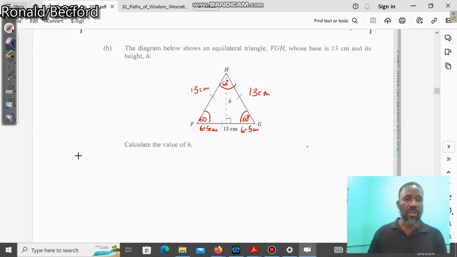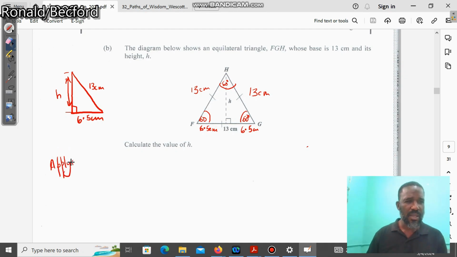Now, we realize that we have a right angle triangle. That side is equal to 13 centimeters. This side is equal to 6.5 centimeters. And so therefore, in order for us to find the value of h, we can apply Pythagorean theorem. So applying Pythagoras,